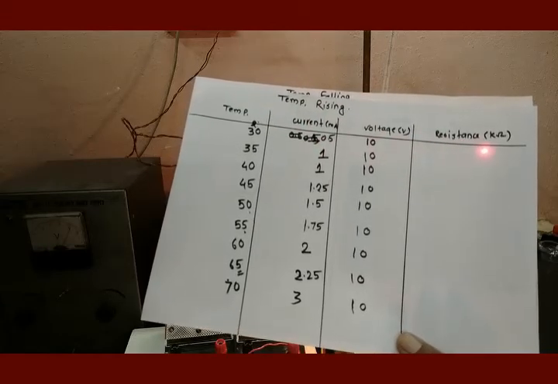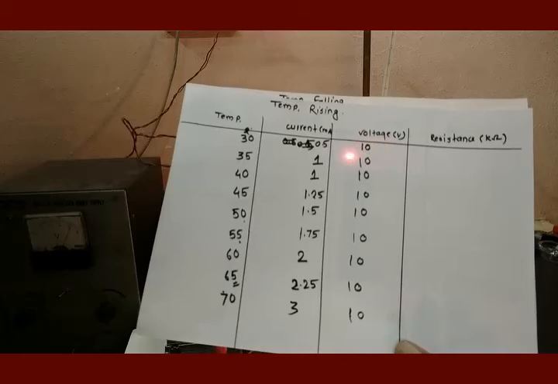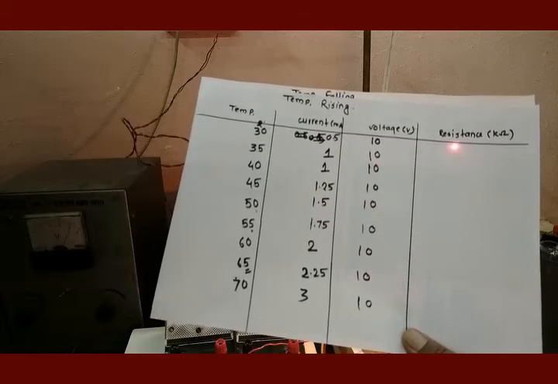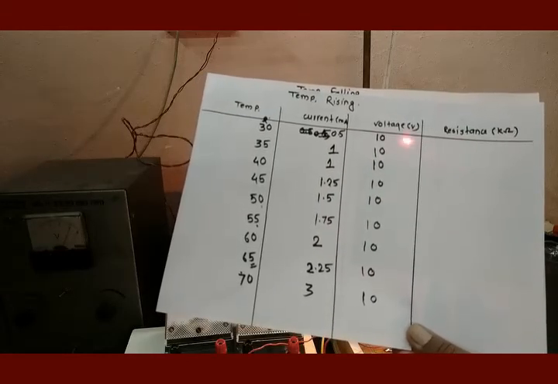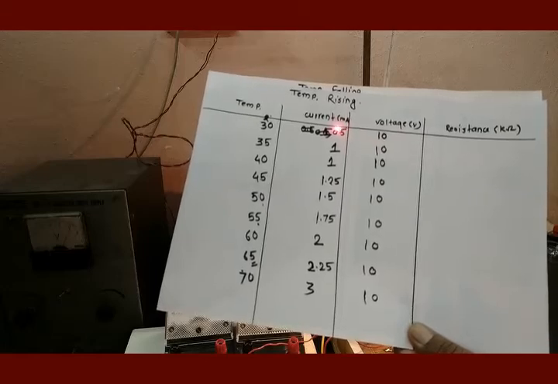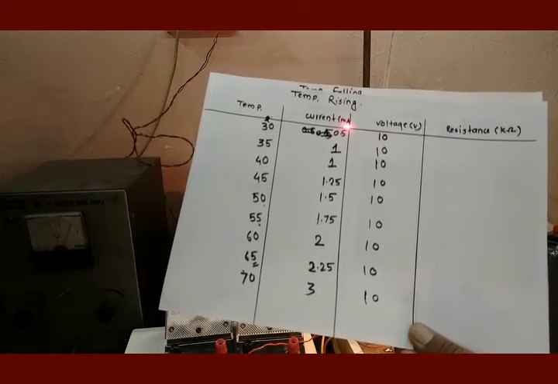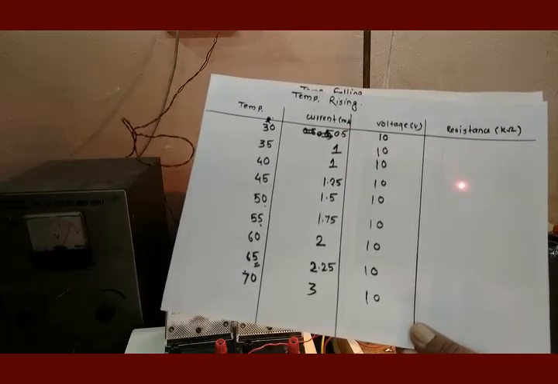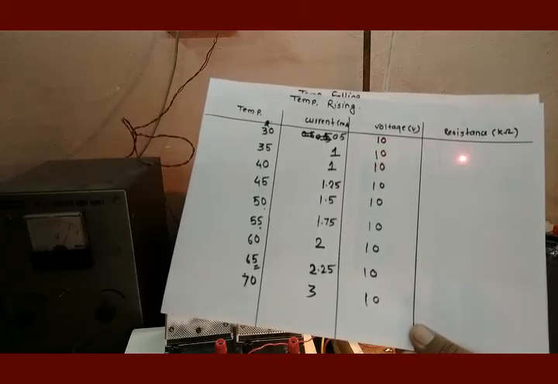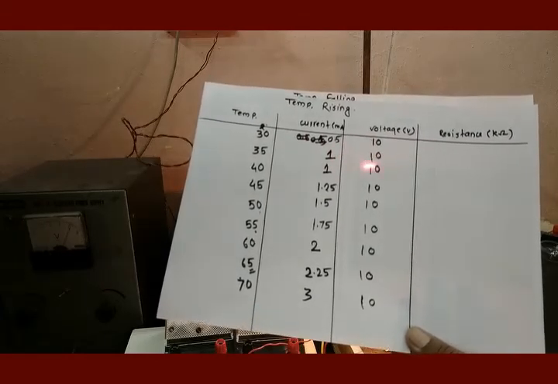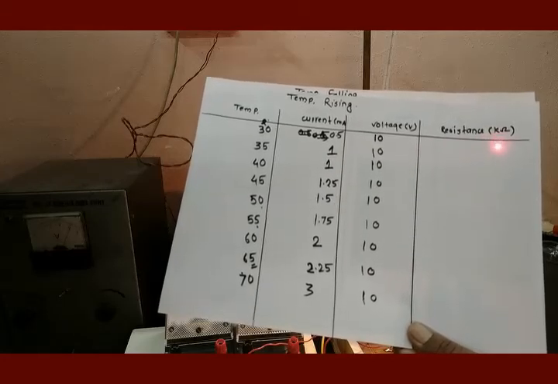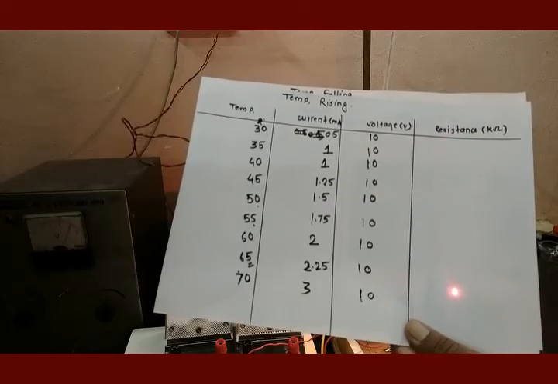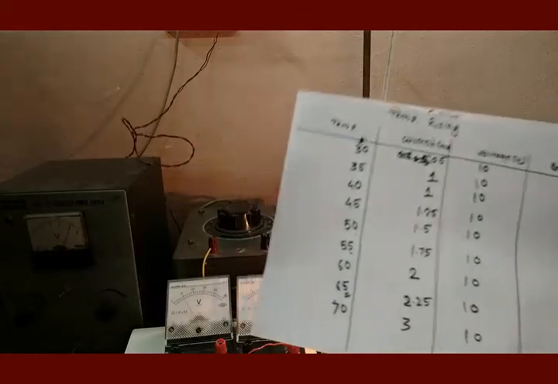Now to find the resistance, you have to divide this voltage by this current, this voltage by this current, this voltage by this current. Do the calculations here. Resistance in kilo ohm is equal to voltage V divided by current I. As milliampere is here, we have written kilo ohm, because milliampere will appear in the denominator and voltage in the numerator. So V divided by I, that ratio will come in kilo ohm. So doing the calculations here, you will get the resistance in kilo ohm. This is the first part.